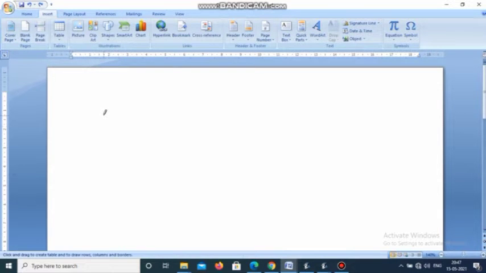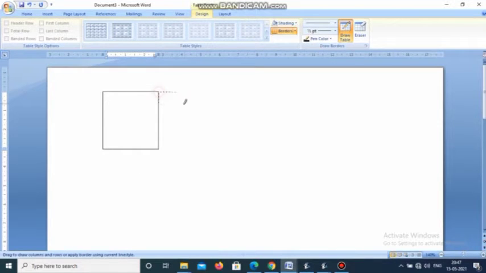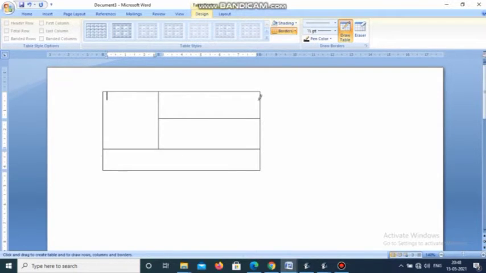Now our table drawing is completed. So as per your choice, students, what you like you can draw by selecting the draw table option. So this is the way you can draw the table. Many styles are here, students, already I have shown you. So from the design tab you can select styles. What style you choose, you can choose by yourself. So already you have seen there are 3 ways to create table.